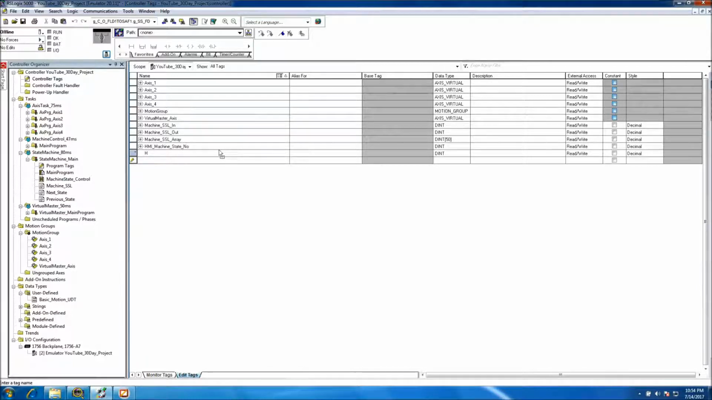Then we're going to go ahead and do the HMI machine, and then we're going to call this the next state. So actually we'll tie that, keep that kind of tightlaced, right? Alright, so we're going to keep that as a DINT too, and then we're going to do the same thing for HMI machine previous